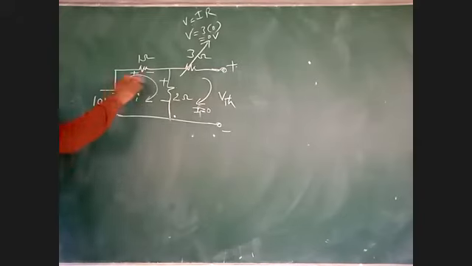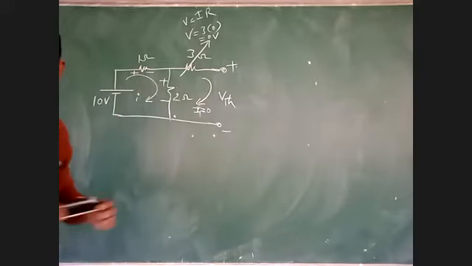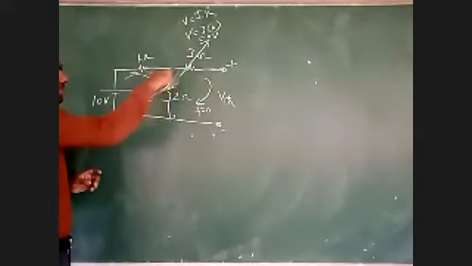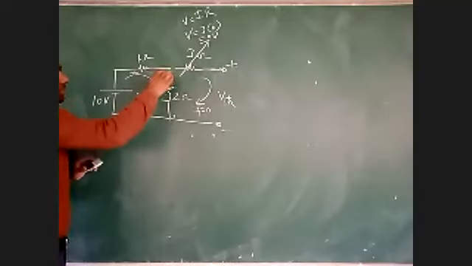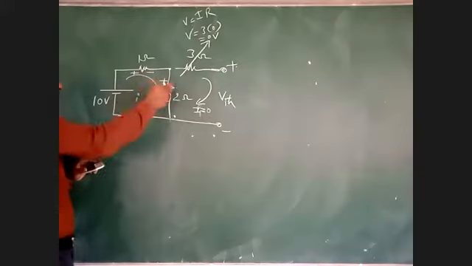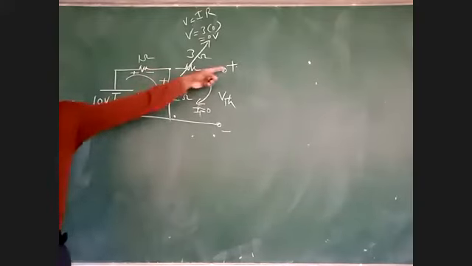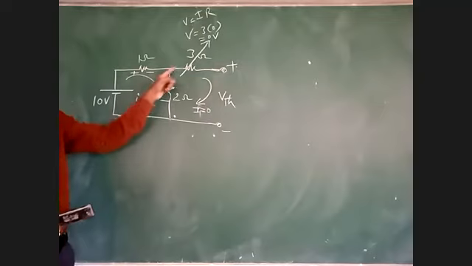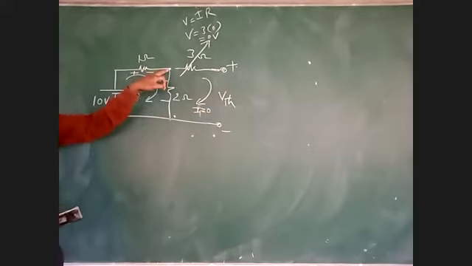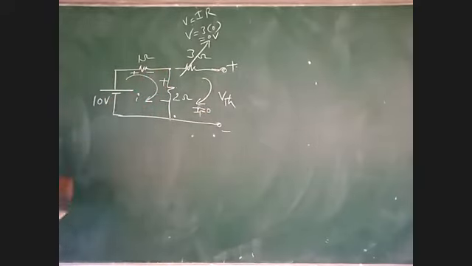Now see here, I will determine the current in 2 ohms. Now 1 and 2 ohms are series or parallel? They are in series. Why? Because current is not dividing here. At this point your current is 0 in this branch. Current is flowing only in this. That means 1 and 2 are in series. If there were a closed path here, current would divide into this branch and this branch. But here the current is 0, so since current is not dividing, 1 and 2 will be in series.